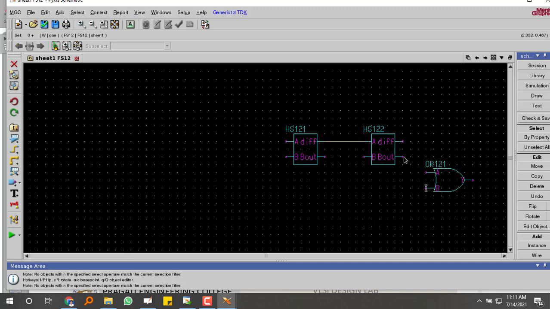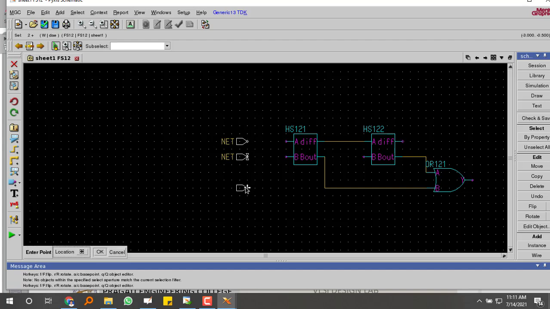So here this one is connected to this one, this one, and your inputs, this is A, B and borrowing.